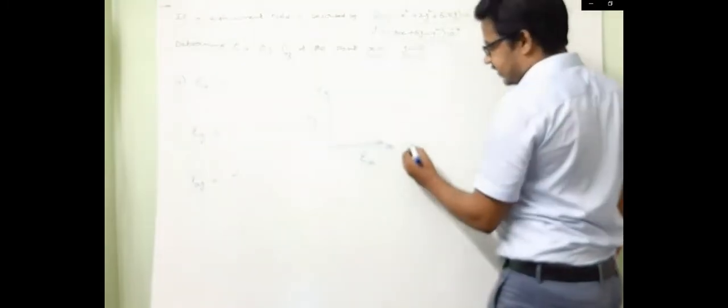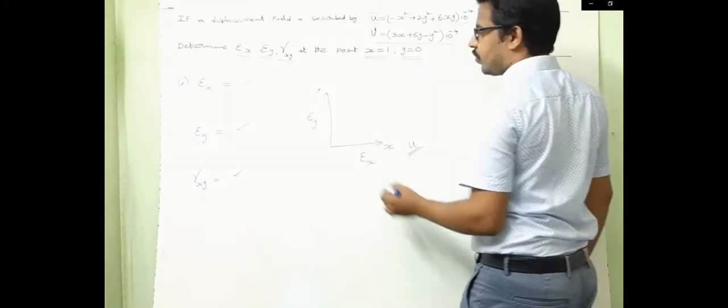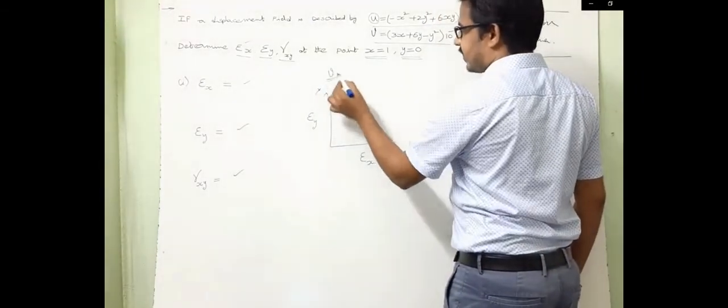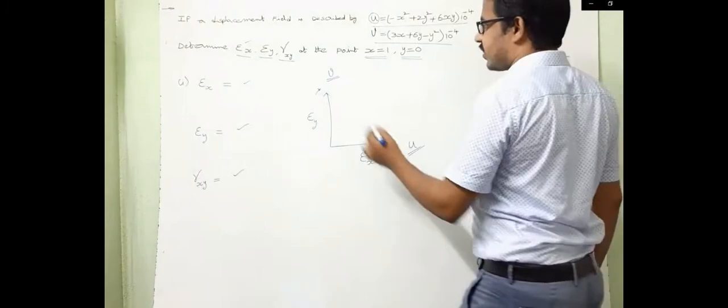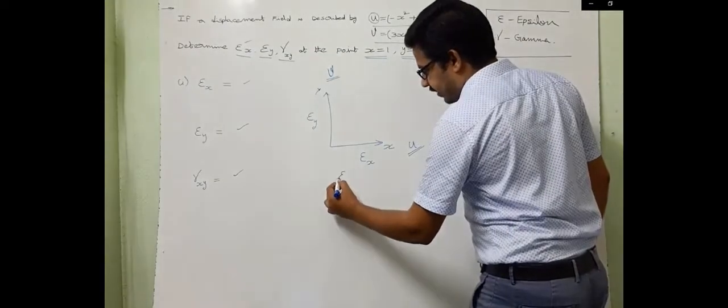So here, this is the horizontal displacement represented with u. This is the vertical displacement represented with v. So horizontal u, vertical v. In this diagram we need to calculate